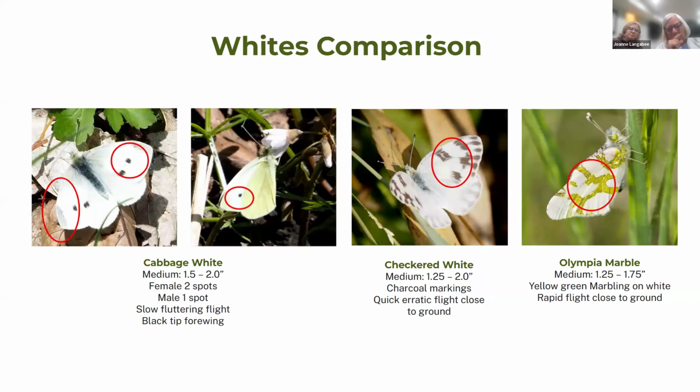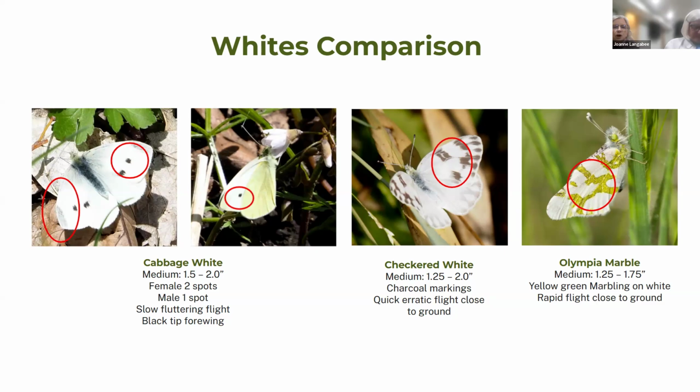Okay, now, what you're also going to get is a species comparison. With every group of species, we've put those that are similar together on the same page, circled similarities so that you can see them. And if you're out in the field, you can take them with you. If you see a white butterfly, you can look at it really quick and say, oh, that's a cabbage white. You don't need to know if it's male or female.